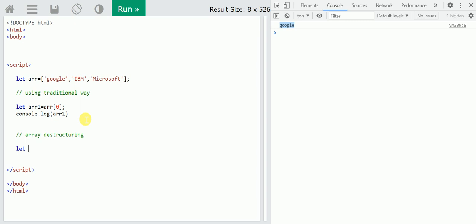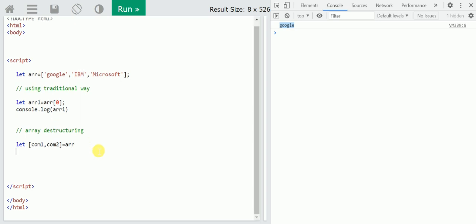First of all we need to define a variable with let. Let, then write this syntax as an array, and give any names, like company1, company2, equal to ARR. It automatically copies these two values from ARR, so com1 has Google and com2 has IBM.